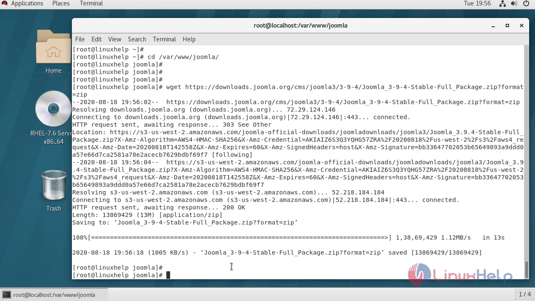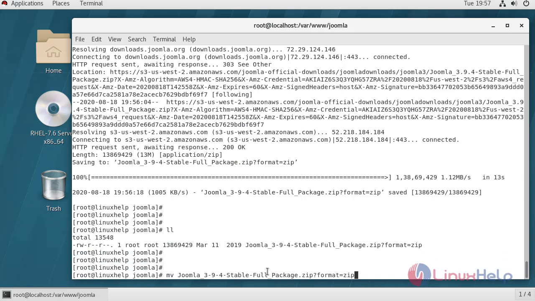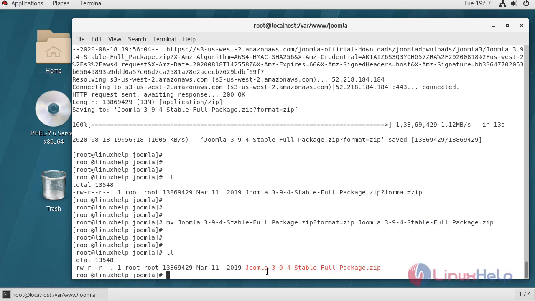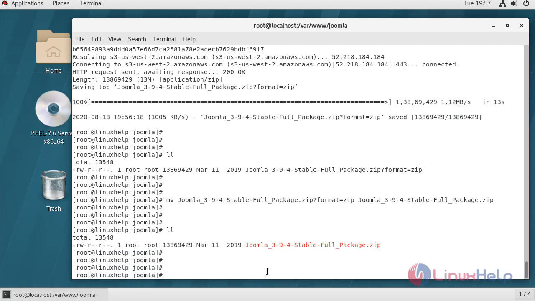Once Joomla CMS is downloaded, which is in zip file, now unzip the Joomla file.